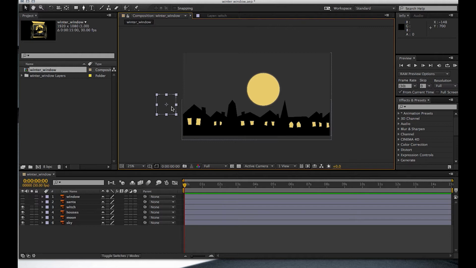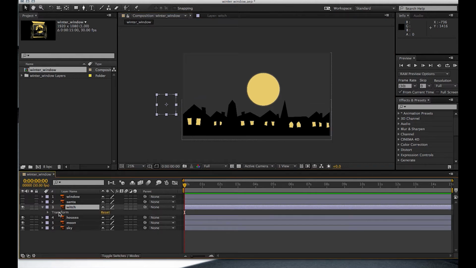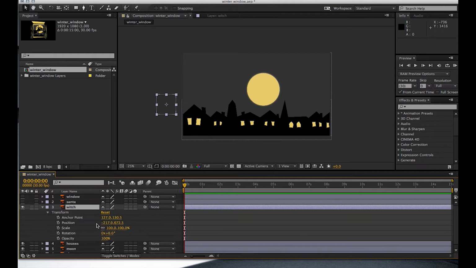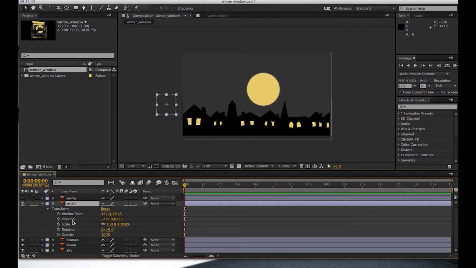off screen there. So the witch is here off the edge of the screen, and what we can do is click on the witch layer, the little triangle to the left of it. This brings up some of the animation controls. Under transform we get things like anchor point, position, which is what we're going to use, scale, rotation and opacity. What we need to do to record these keyframes is click the little stopwatch here, okay, and you can see that that has now created a yellow keyframe here,